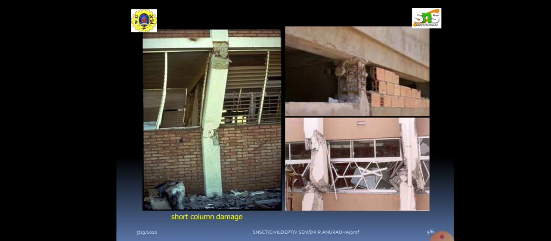You can see there is movement in the column because of the earthquake. Also in the second picture, the same thing happened. You can see that the column was broken and collapsed totally because of the short column effect due to earthquake. In the next picture, you can see the column was affected because of short column effect, and you can see the buckling in the reinforcement. It was clearly shown that it was totally buckled and the column was totally collapsed.